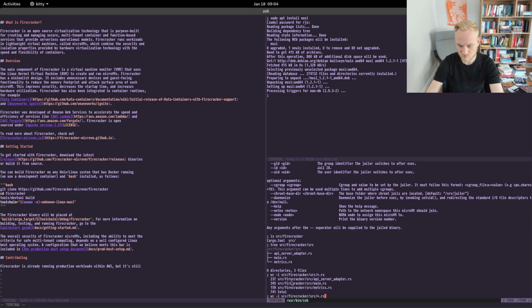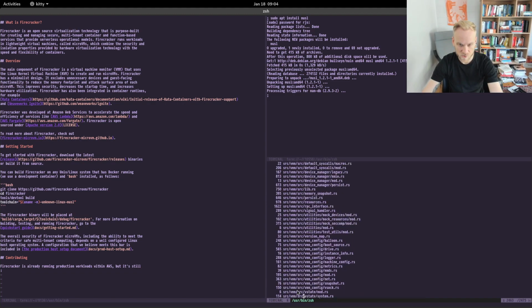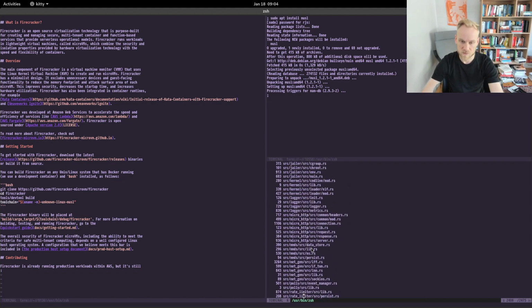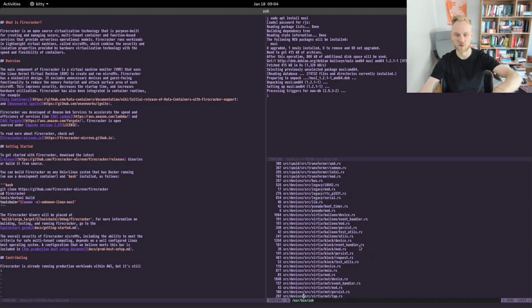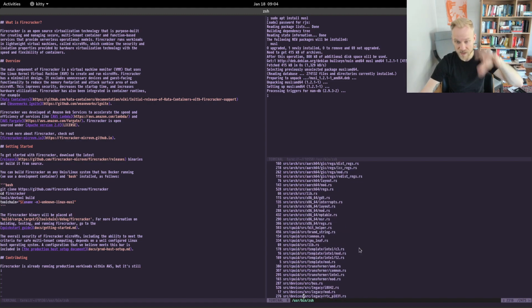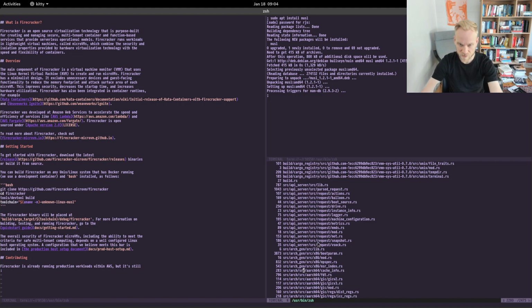We can also do a bit of trickery here, and you'll see that there's about 45,000 lines of code total, and it's not all just in Firecracker. Firecracker is storing all of its knowledge of the utility tool, the CLI tool, in that short bit of code.